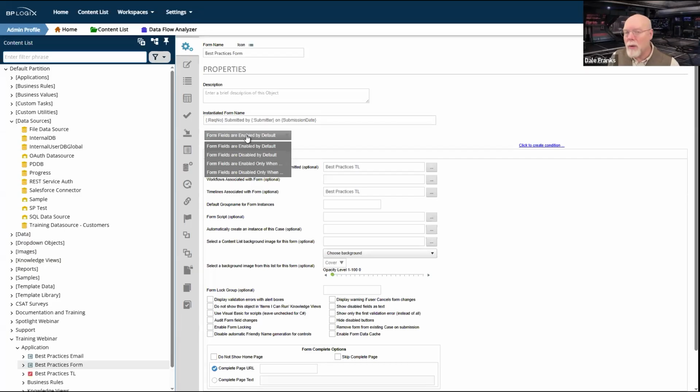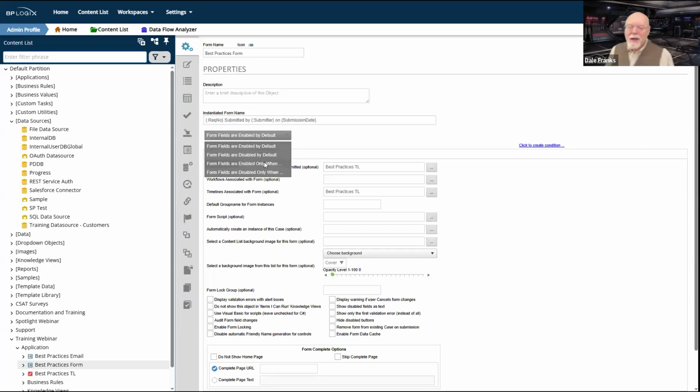So what I generally want to do is I want to make all of my form fields disabled by default, except when I have a new form instance. You obviously don't want to disable form fields for a new form instance. That wouldn't make much sense. That's the one time that you really do want people to edit your form fields, so you certainly don't want to disable them.